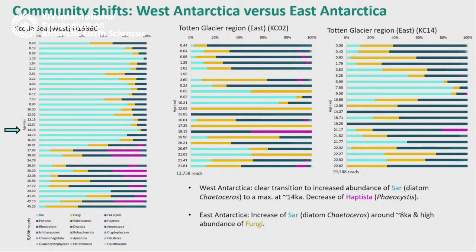There's a little peak of diatom abundance at around 8,500 years at both sites, but it's much more short-lived, well, short-lived on a geological scale. What's also interesting in these records when we're comparing them is here you see quite a bit of pink. And that is a signal from Haptista, Phaeocystis antarctica. It's not an organism that fossilizes, it's a soft-bodied organism, so it's really interesting to find these signals because we can see how one productive organism that is now very productive in the ocean is represented in the ancient,